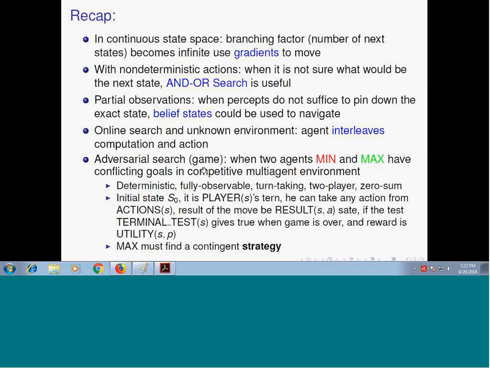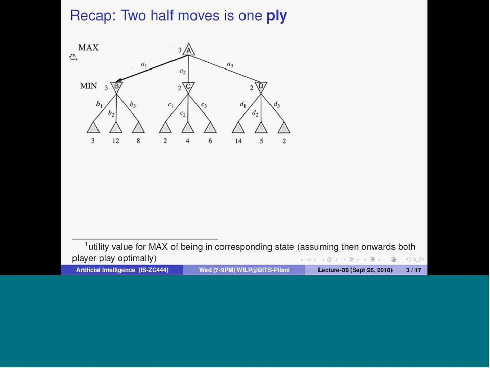We saw in the last class how we can formally define all these things. The half move is one ply. One ply means let's assume A is you, and you have three kinds of moves possible: A1, A2, A3. You took, let's say, A2. Then the opponent also has three possibilities: C1, C2, C3. The opponent may take C2, and coming from here to here actually makes one progress in the game.